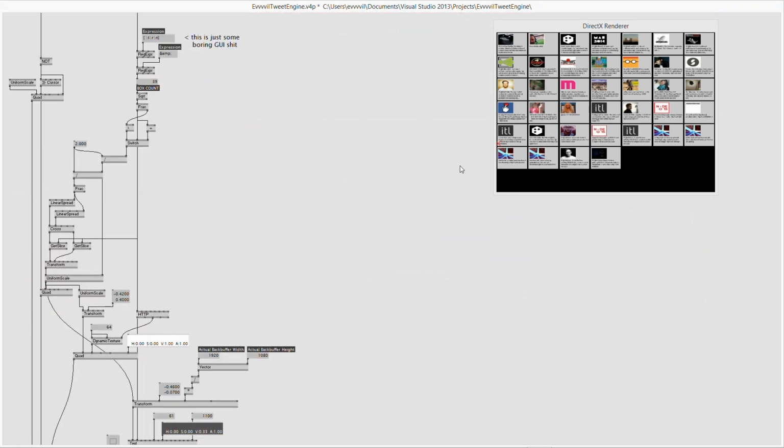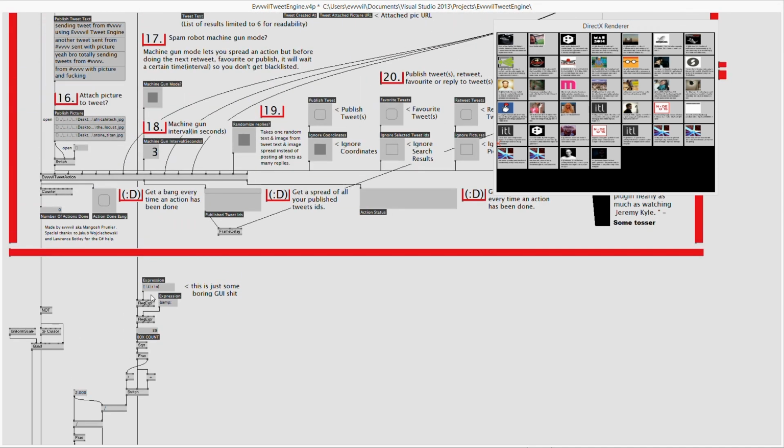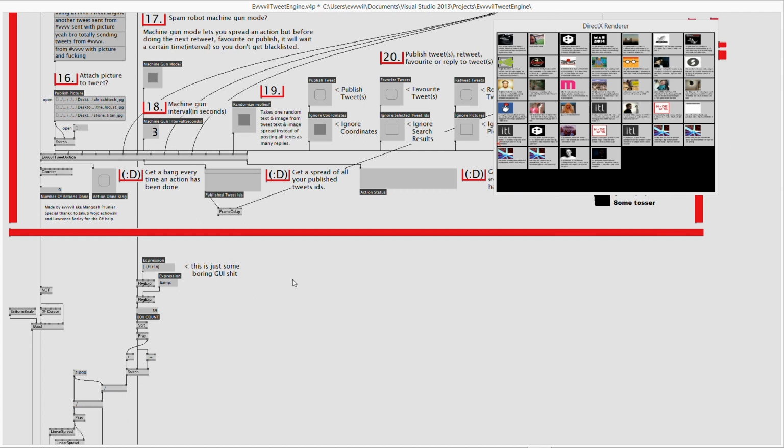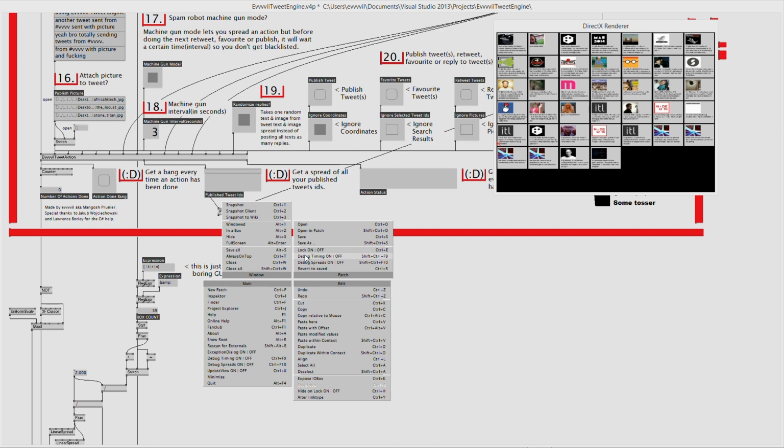It's quite a clever responsive patch that resizes and positions quads that contain tweet text and author pictures according to the number of tweets and the screen size. Anyway, as clever as it is, it's actually in the wrong place. To use the Evvvvil Tweet Engine in your application, you shouldn't start patching right under the Evvvvil Tweet Engine patch. You should actually start a new patch,